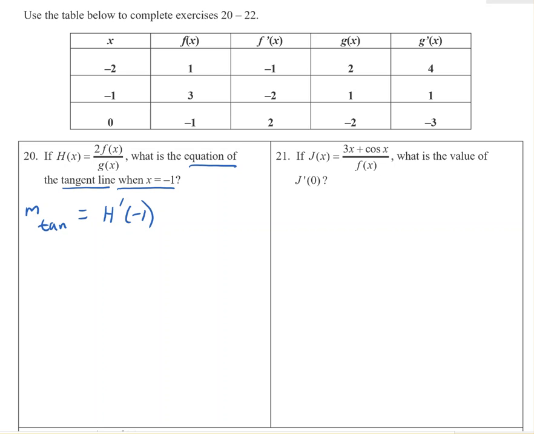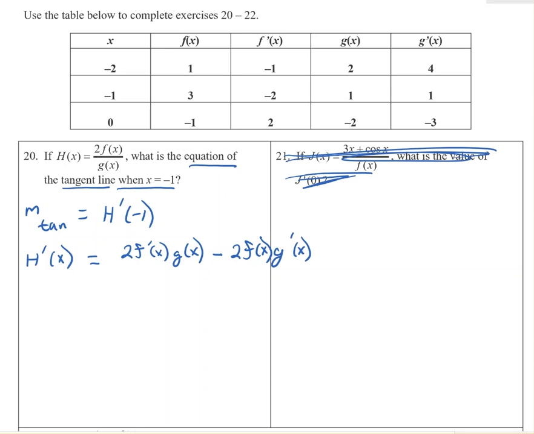When we get h prime of -1, let's first go get h prime of x. So h prime of x, gotta remember your quotient rule. The derivative of the first is 2f prime of x times the second, so that's times g of x, minus the first, that's 2f of x, times the derivative of the second, so that's g prime of x. Let's not worry about number 21, we're only working with 20, all over g of x,